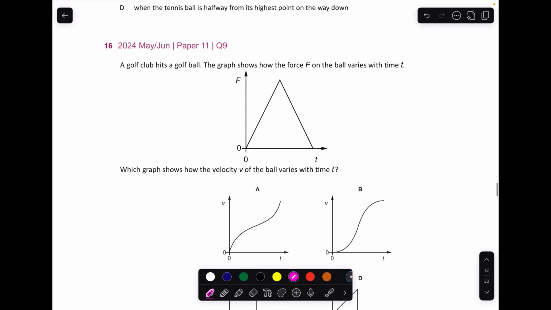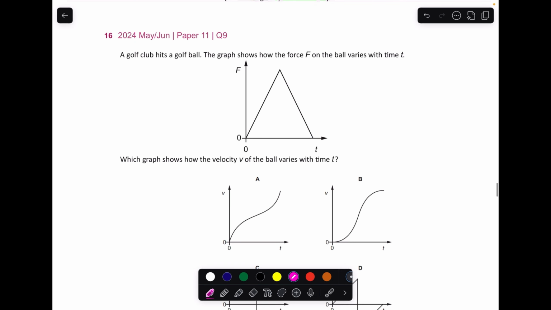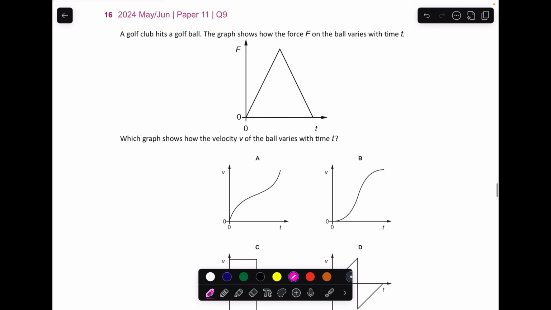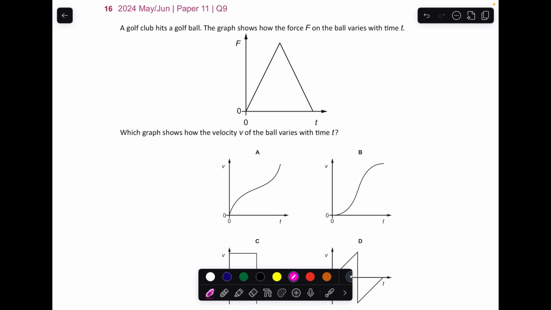Then, a golf club hits a golf ball. The graph shows how the force on the ball varies with the time. Which graph shows how the velocity of the ball varies? Okay. So this portion is representing